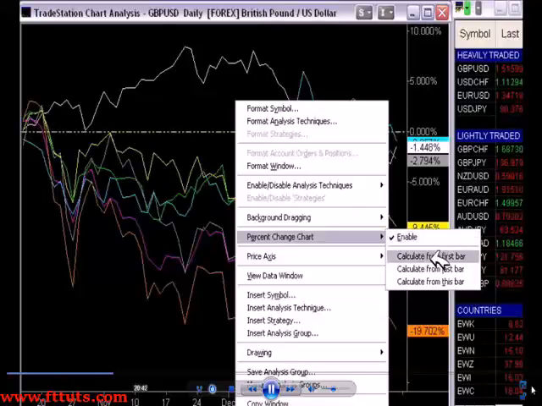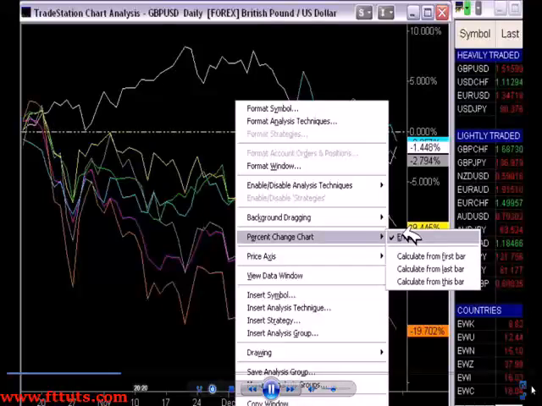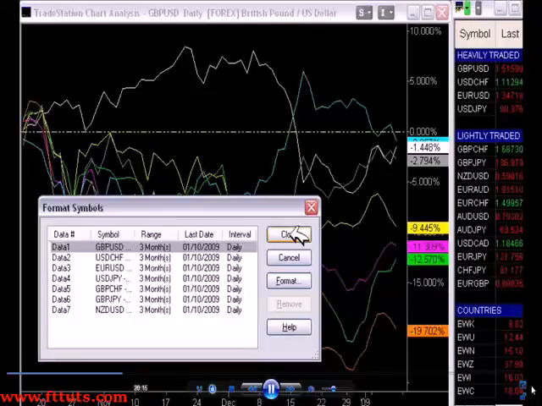Now you can do this to calculate from first bar, last bar, or this bar. I don't think I actually demonstrated that before. First bar is what I do. Okay, so just to be clear on that, last bar, yeah, that's not what we want to do. And from this bar, you can choose a bar. But what I do is just to make it real easy, I enable percent change chart, calculate from first bar, and then we go